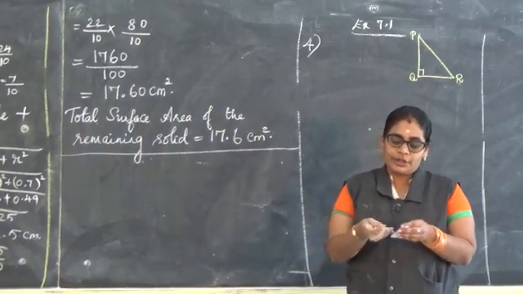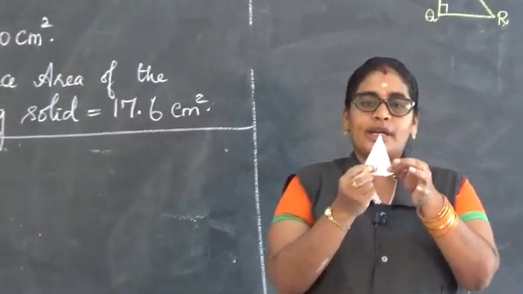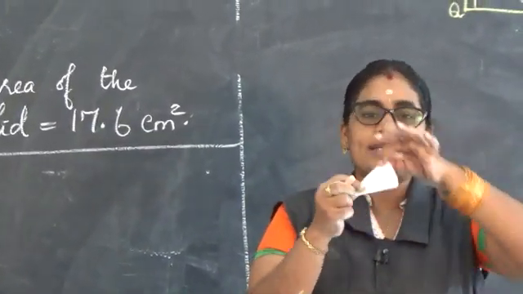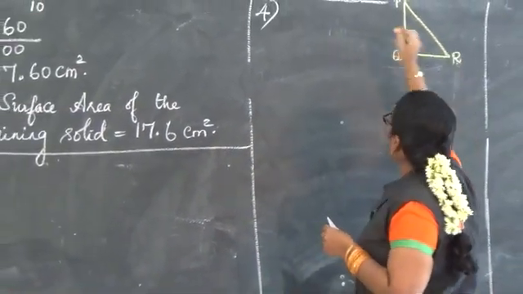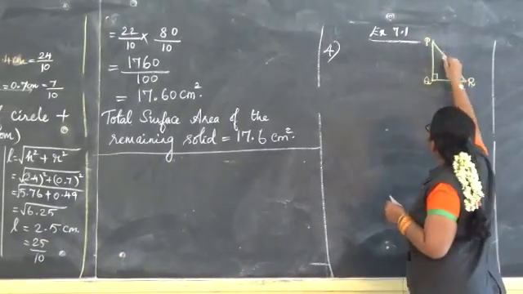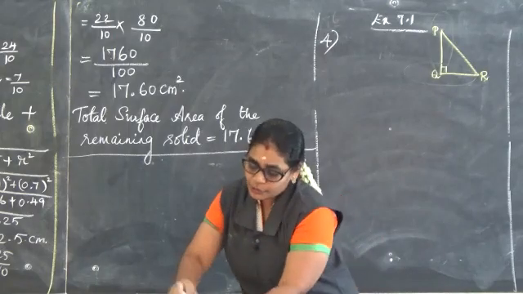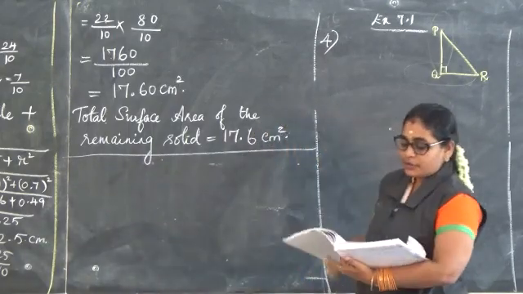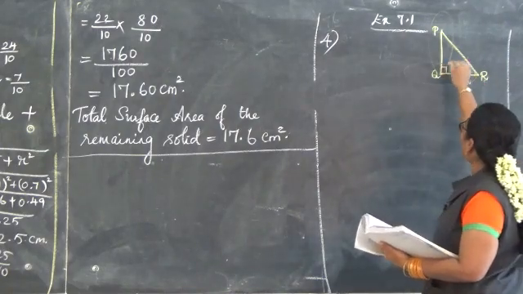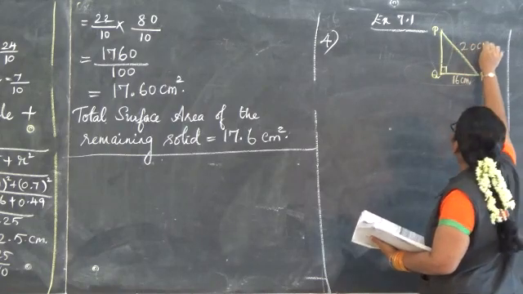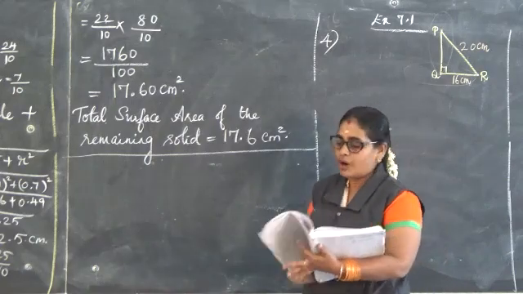Now you will have your radius like this. So it will be rotated with this shape, or it will be turned like this and it can be rotated. So we can rotate this part like this, or we can draw and rotate like this part. So there are two ways we can rotate the cone. They have given both ways you rotate the cone, but we know values only for QR as 16 centimeter and PQ as 20 centimeter. Compare the curved surface areas of the right circular cones so formed of the triangle.